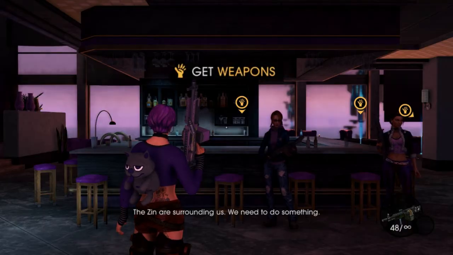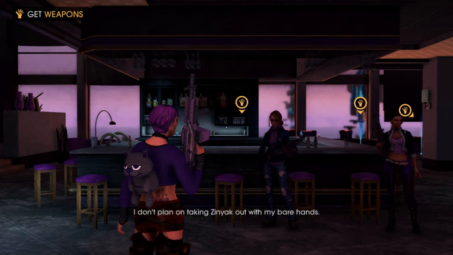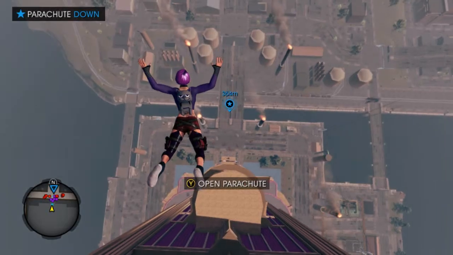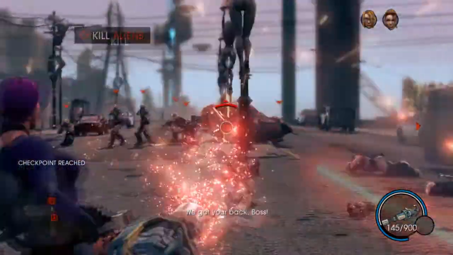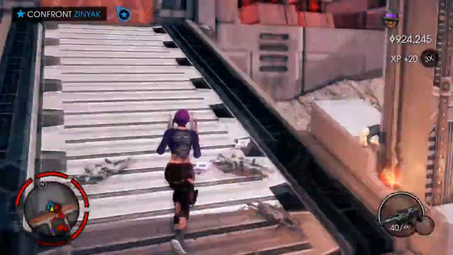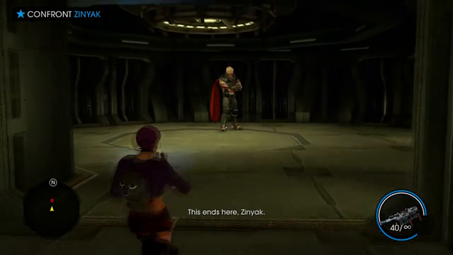The DLC starts out in the real-world Steelport, just after the Zin have invaded, with a shootout taking place outside the Saints HQ. Because this scene is back in reality, you've no longer got your superpowers, and your health is once again regenerative. However, after killing Zinyak early on in the game,